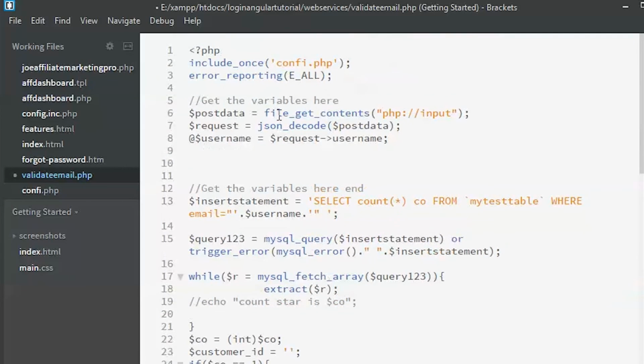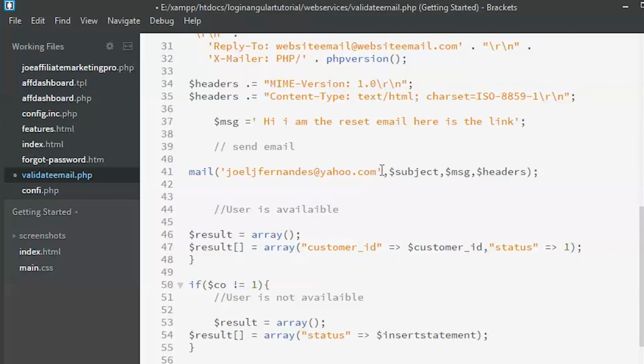So in order to mention the customer's email, we will take this username parameter because this contains the email, right? We are going to copy this and paste it over here. So here we have the email properly set up. We just need to mention the link.